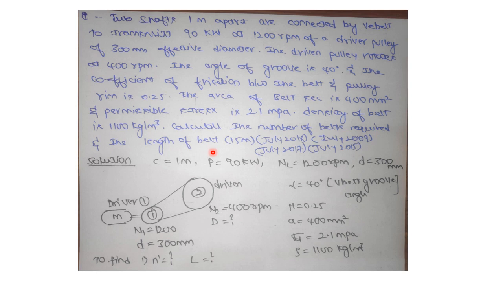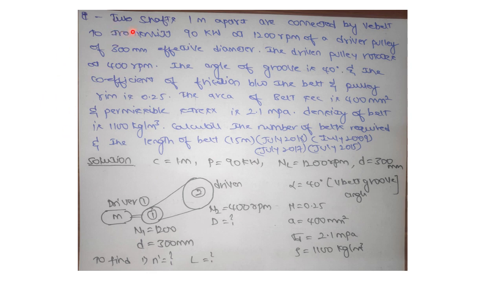Now, what is the difference between these two problems? In the first, that is the design and selection oriented problem, you have to follow the whole procedure, assume the suitable values, standardize everything what you have got, all this you have to follow. But in the second category, that is the general category of problems, you are just required to use certain formulas, do not standardize anything, do not assume anything. Okay, it is just a formula based problem where some of the values would be given to you and some of the values would be asked to calculate. Okay, we shall take an example on the general category of problem in this video.